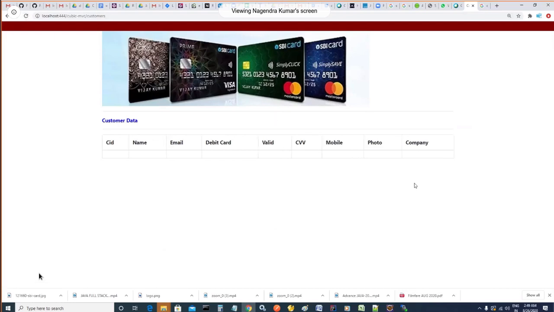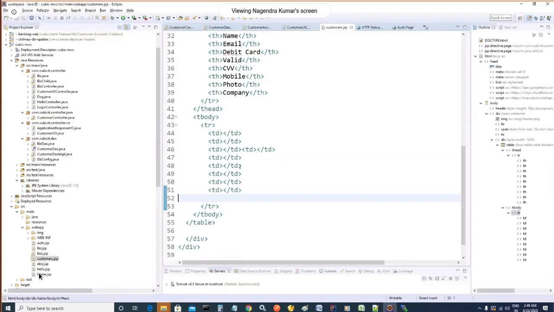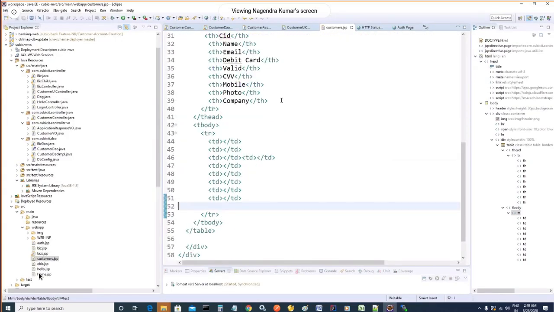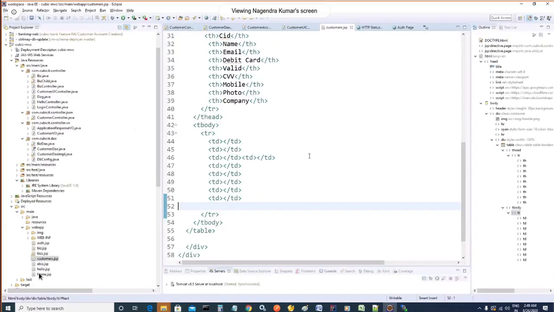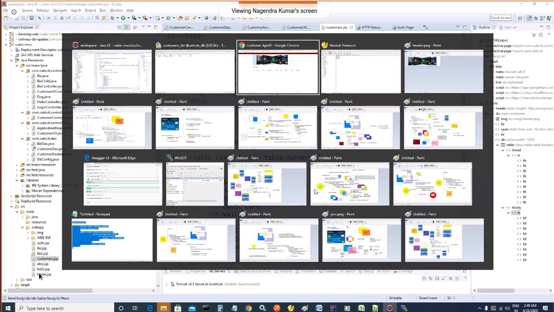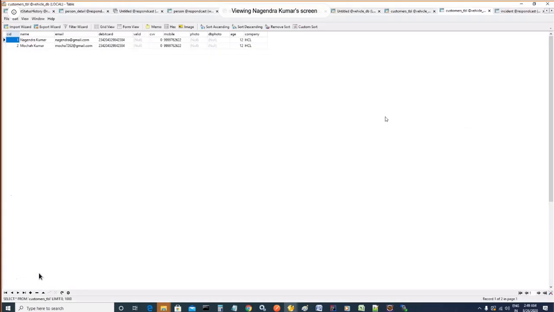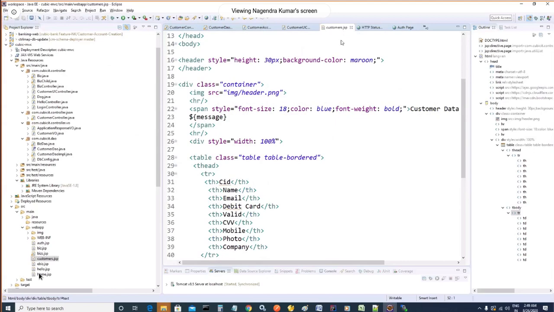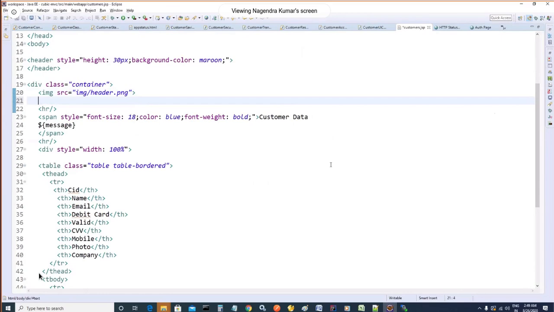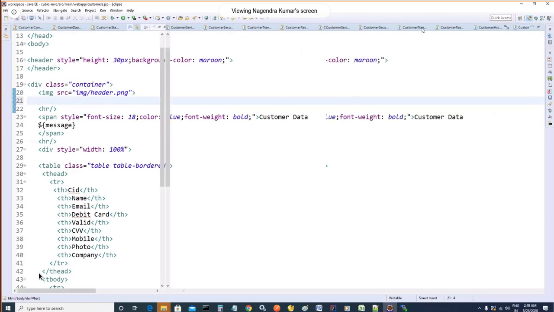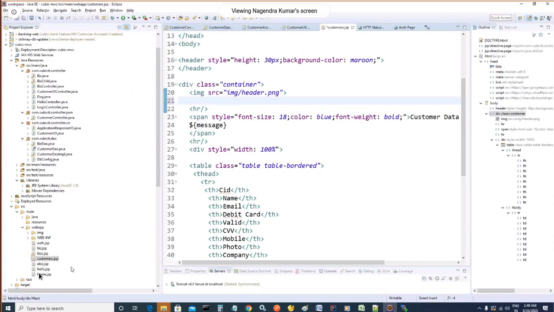So what I have to do is load the data, and I'm going to use Ajax. You understand my intention? I'm not fetching data when my page is loaded. No, I don't want to do that. I want to load it later, when you want to load it. Sorry guys, you need to know my intention. What I'm going to do is